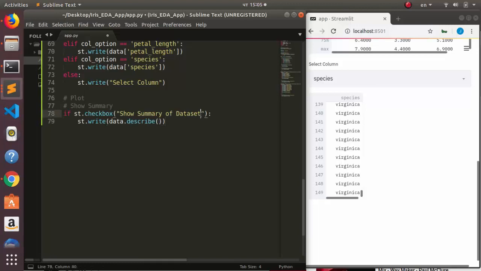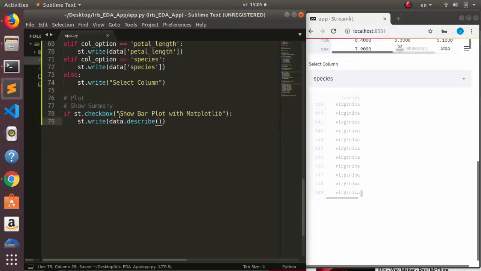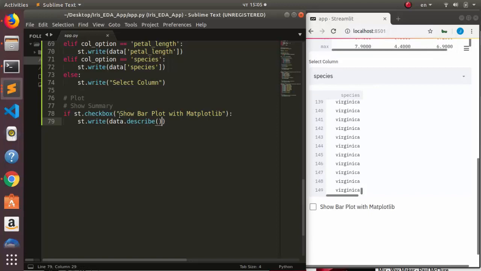So to show normal plots, let's see bar plot with matplotlib. Now how do we do that? So there are several ways we can bring out a plot, right? So the simplest way of bringing out a plot